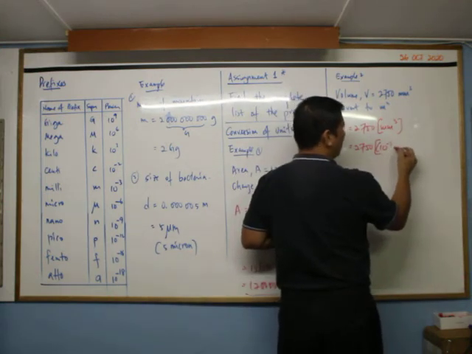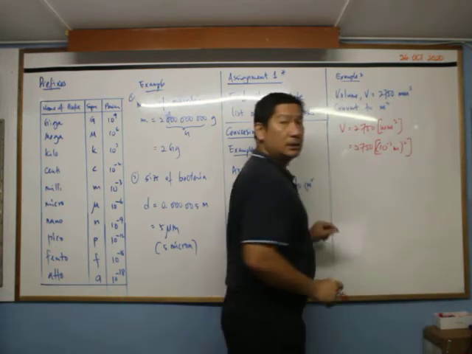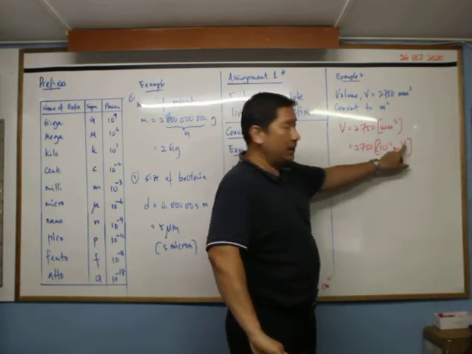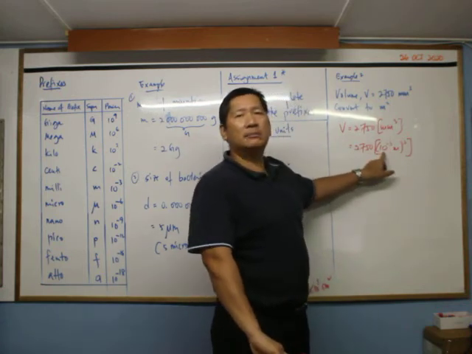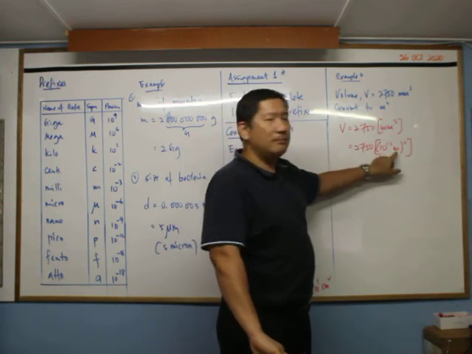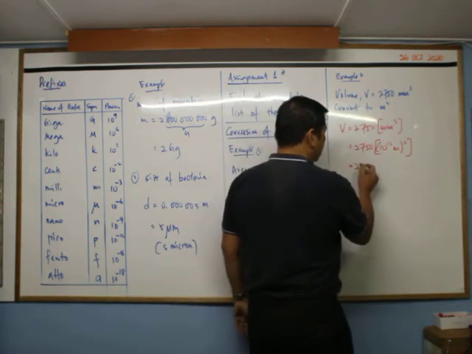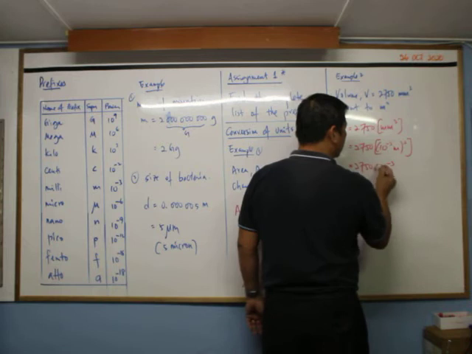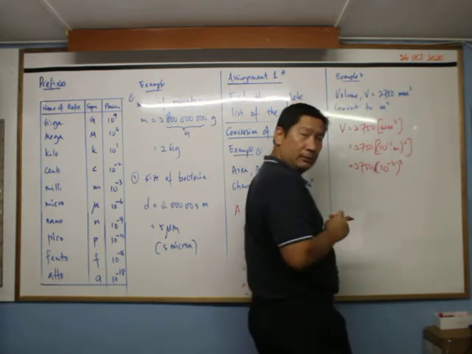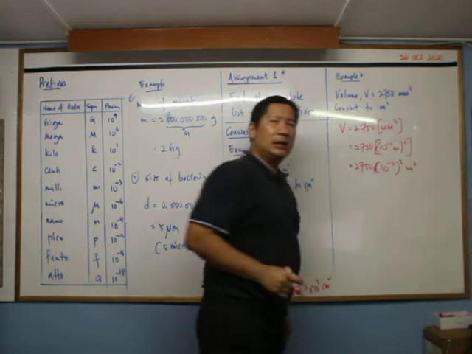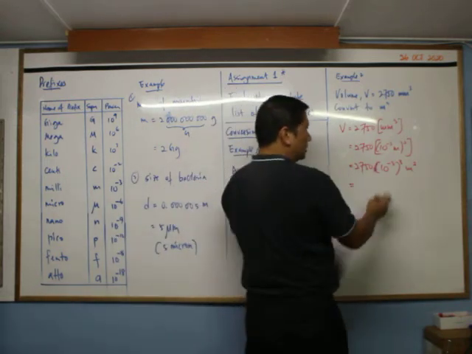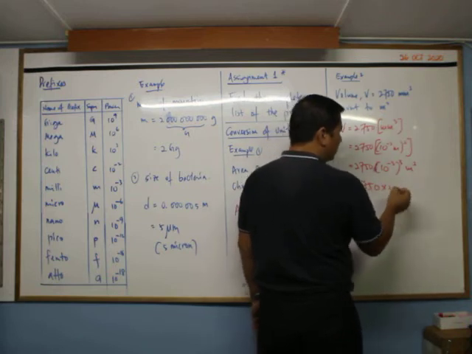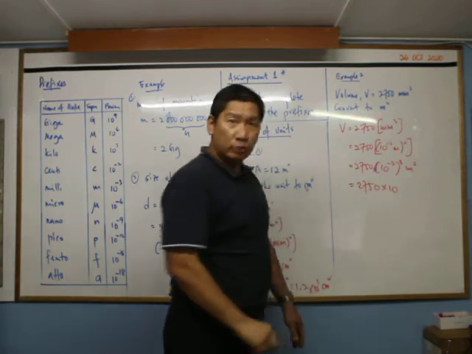Then meter no changes, and then power 3. You see, the power applies to both of them, so it will be outside the bracket. So now the milli is 10 to the power negative 3, and the unit meter stays. Now we take it out: 2750 times 10 to the power negative 3. Don't forget the bracket, power 3, and then you have meter power 3. The next thing is just combine the number. So 2750 times 10 to the power negative 3, power 3, is negative 9